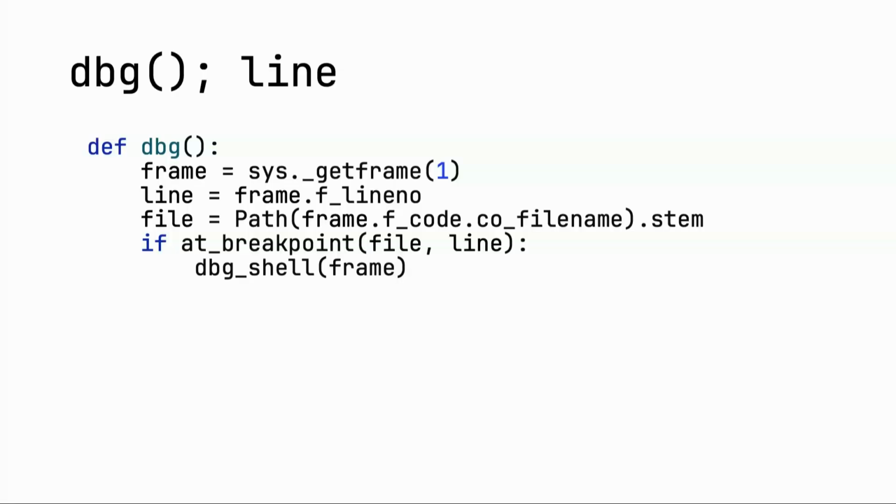For simplicity here, we just take the file stem to make it easier in the demos, and then when we're at a breakpoint, we go into the shell, and that's fine. And that's essentially a debugger. We just wrote a debugger in 6 lines of code, and yeah, I could go home with a nice croissant, but that's probably not all in my talk.